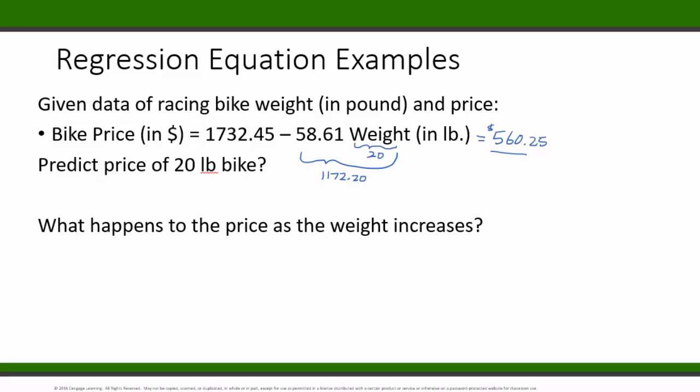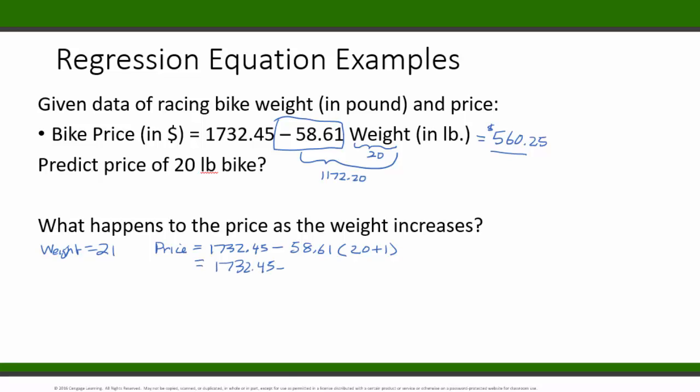Well, what happens to the price as the weight increases? Well, since the slope here is negative, negative 58.61, the price will decrease as the weight increases. So let's say you have weight of 21 pounds. We could write this relationship like this. Bike price is equal to 1732.45 minus 58.61 times the weight is 21, so it's 20 plus 1, which is the same as